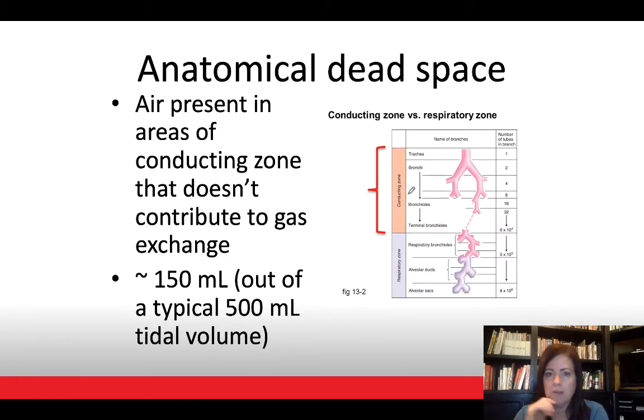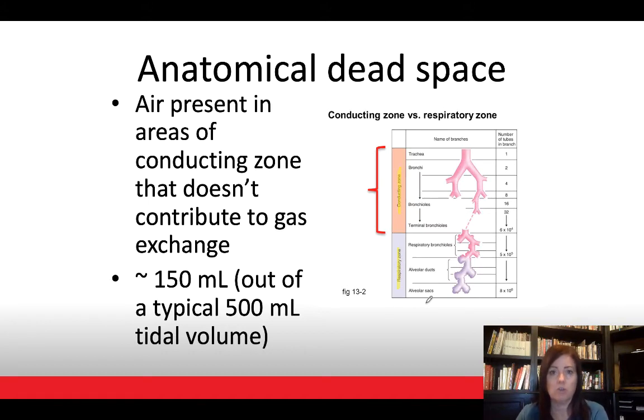Couple other things here, anatomical dead space, and I include this because this basically highlights this whole conducting zone area of our respiratory tract. Remember how our respiratory tract was divided into two different zones? We had the conducting zone, which is just responsible for conducting air. There's no gas exchange that's occurring there. And then we had our respiratory zone, which is down a little further. And that's where we actually have